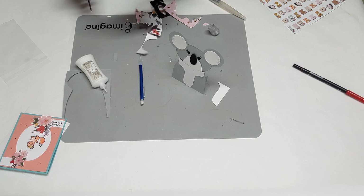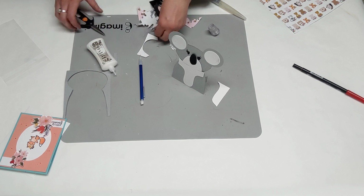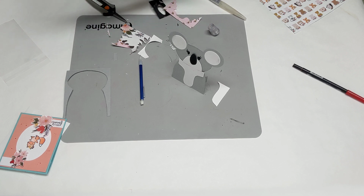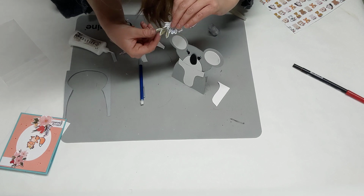All right. I know I cut one of these out from earlier, so I'm going to glue that on. I have a couple of these little red guys. I really definitely want at least one little red one. I'll put both those on there. All right. Okay, so let's see what we can do here. So I have my little flowers